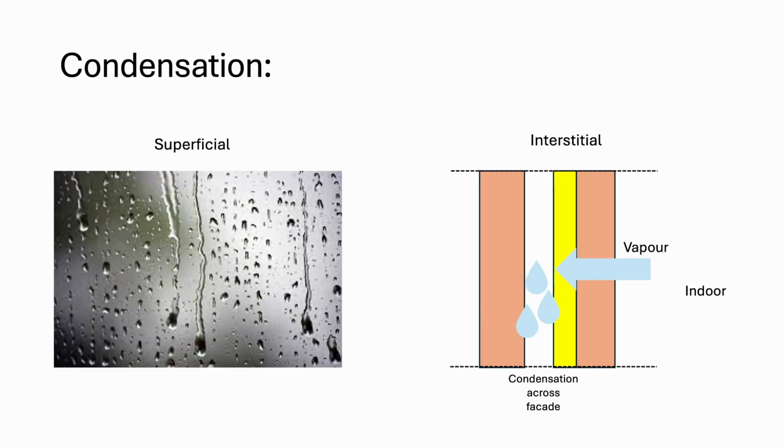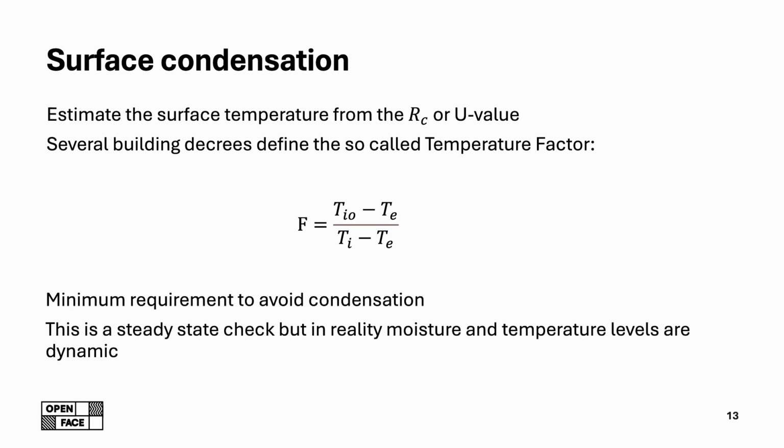Now, some standards and regulations provide a very simple method for superficial or surface condensation, and it's the so-called temperature factors. You may be in a country where the local regulation tells you what is the maximum temperature factor that you can have in your facade. This means looking at your facade in steady state, so not in a dynamic regime, but in a steady state condition, for instance, considering 0 degrees outside and 20 degrees inside, looking at how temperature varies across the facade,